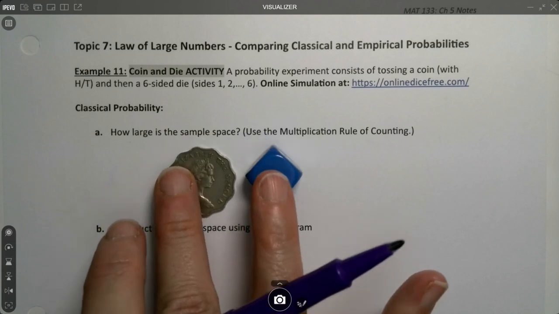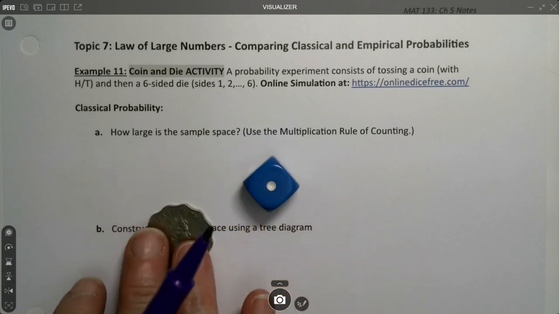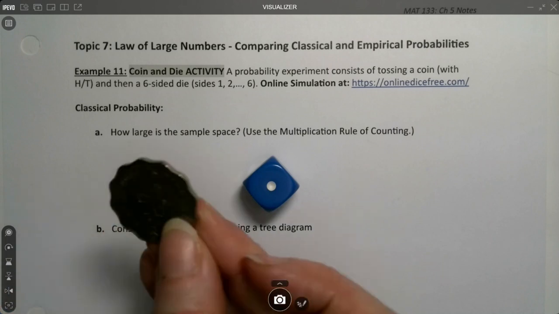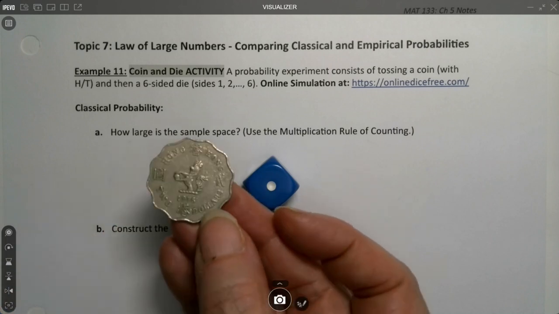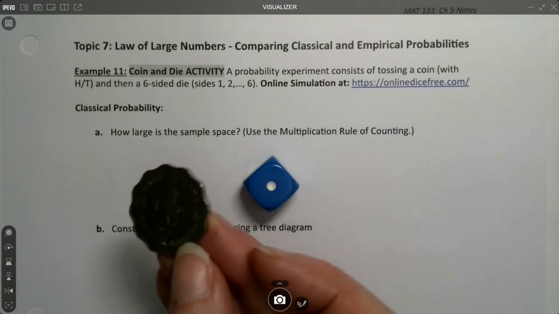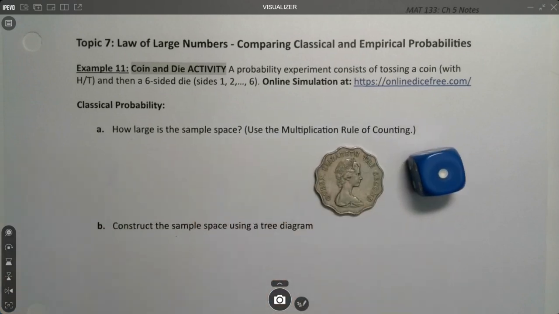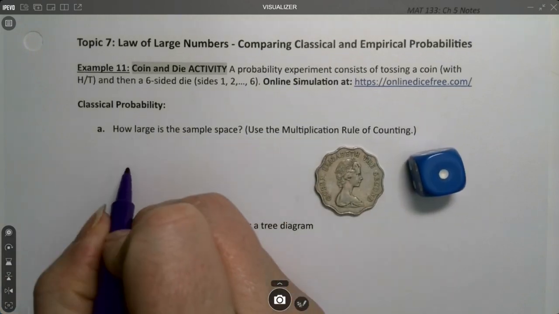So how large is the sample space? Okay, well, a coin has 2 sides, right? And this is a Hong Kong $2 coin, in case you're interested, from 1975, back when it was under British rule, hence Queen Elizabeth on the front. So the coin,